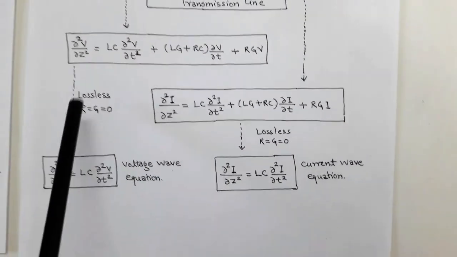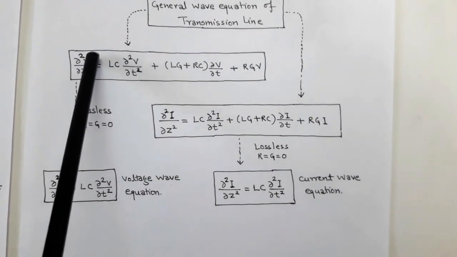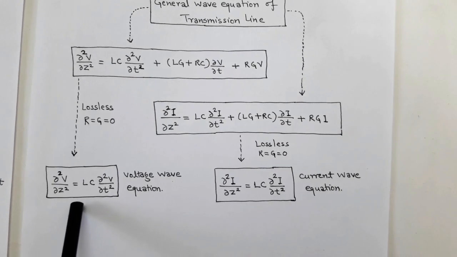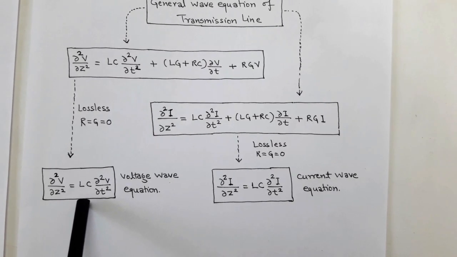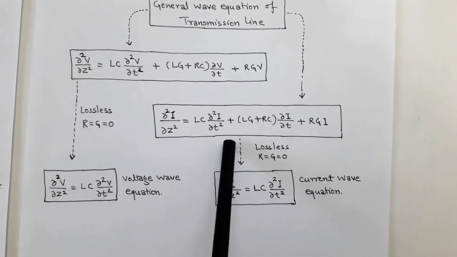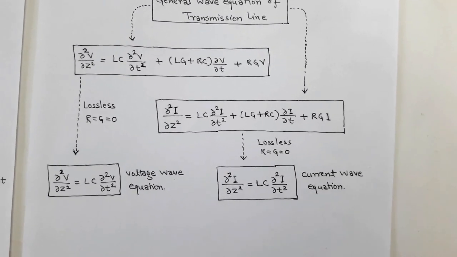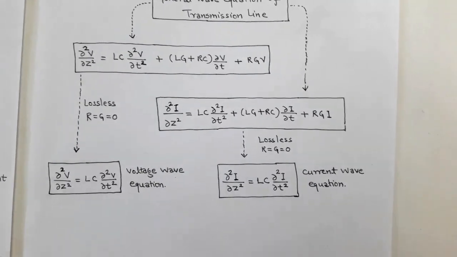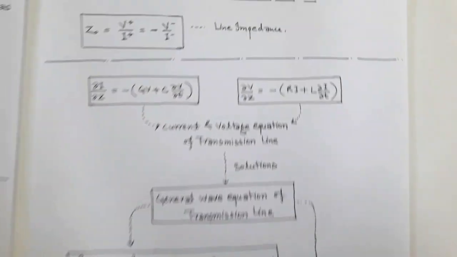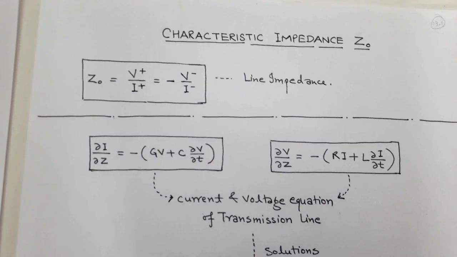Now here we consider a lossless condition, that is, we put R equals G equals 0, and we get the voltage wave equation, which is del square V upon del Z square equals LC del square V upon del T square. And also there is a current wave equation in case of lossless propagation, which is del square I upon del Z square equals LC del square I upon del T square. So here we get a relationship of voltage and current in terms of characteristic impedance or transmission line impedance,